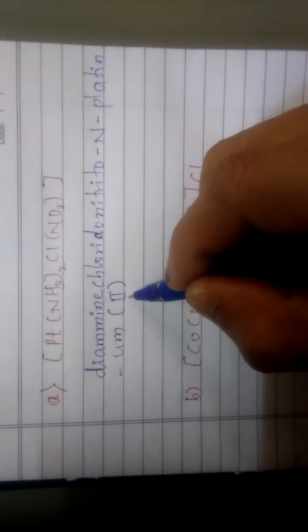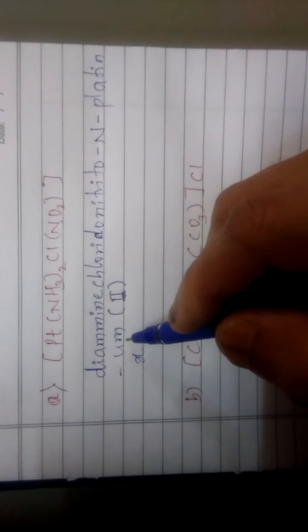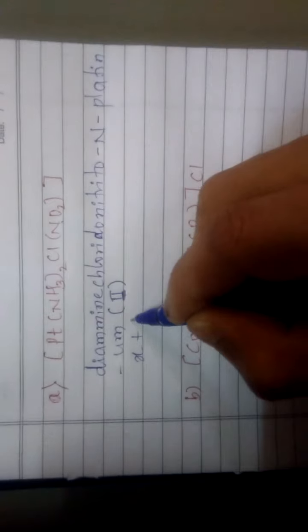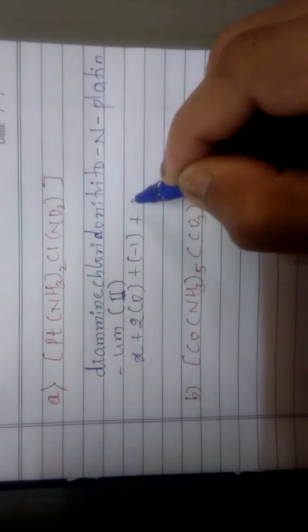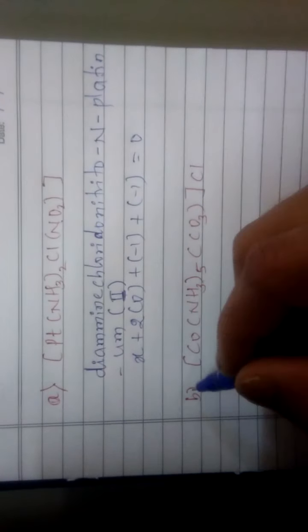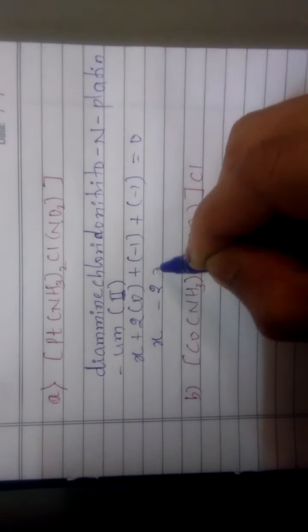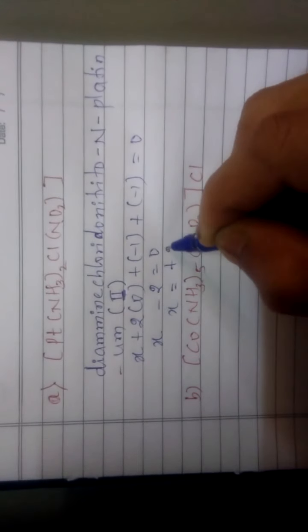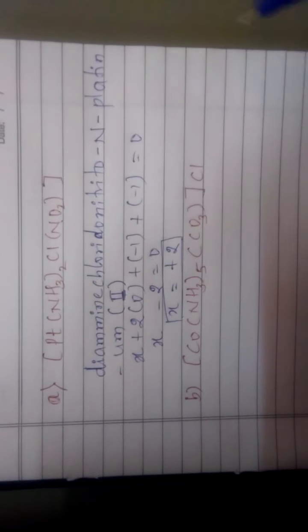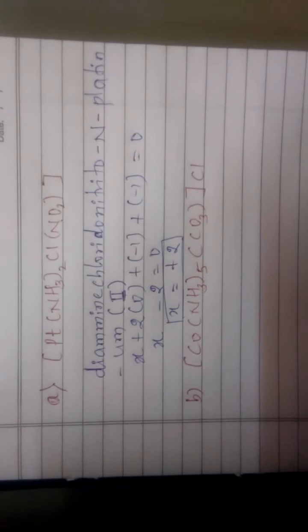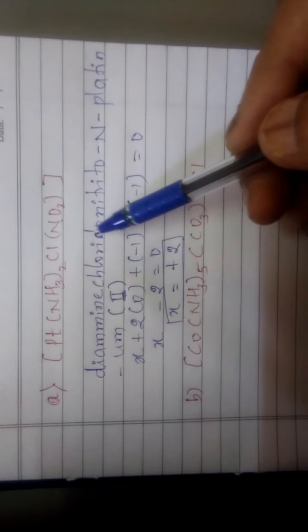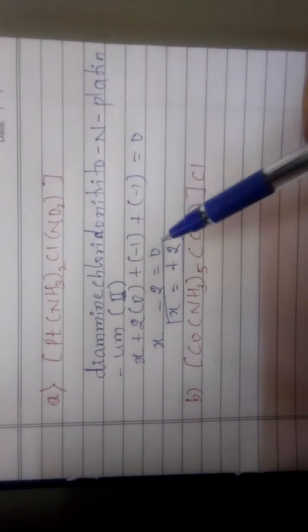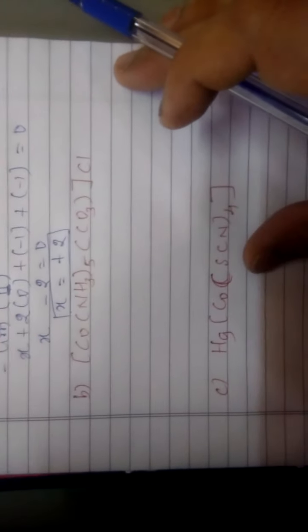Or you can also calculate as per the rules, that is X, oxidation state of platinum, plus ammonia, it is 2 into 0, plus -1 plus -1 equals to 0. Okay, so X minus 2 equals 0, so X equals +2. This is the oxidation state of platinum. So the name of the above complex is diammine chlorido nitrito-N platinum(II). Okay, next, second example is